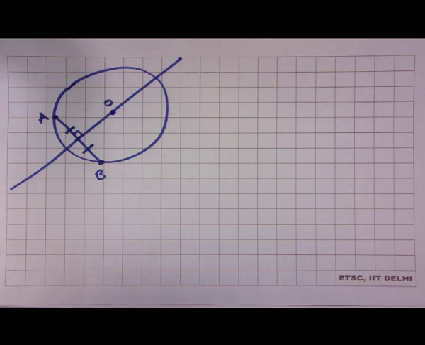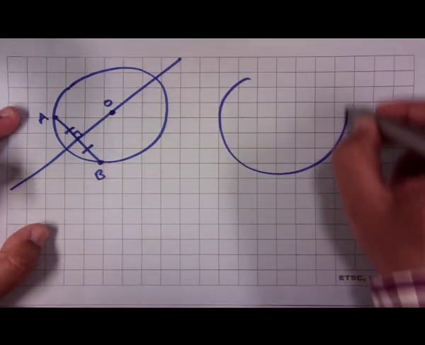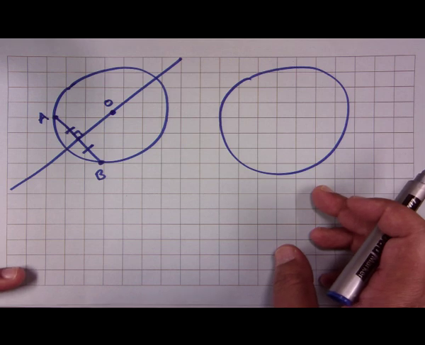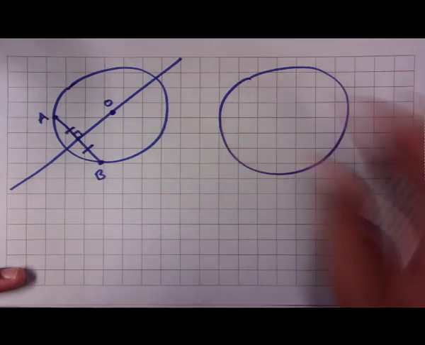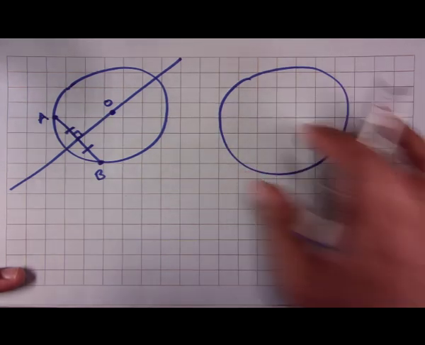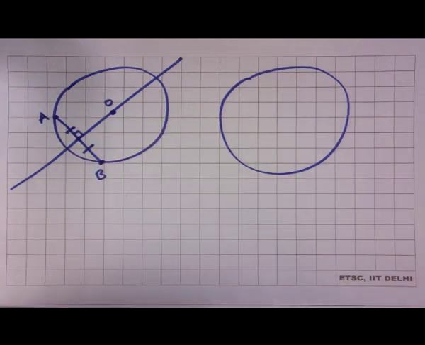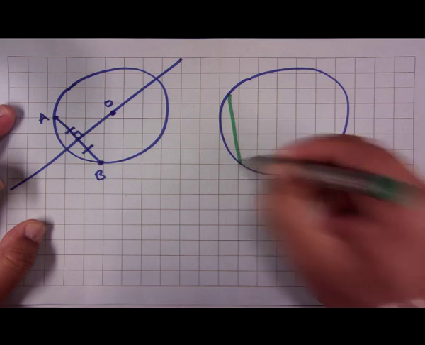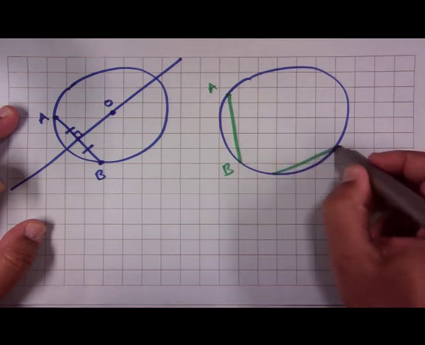Many times students are asked the question that suppose there is a circle, or you are given a circle and you are asked to find the center of the circle. So, the center is not shown here. So, how would you find the center of this circle? So, one way is to use this property. What we do is we can just construct any 2 arbitrary chords. So, this is one chord, this is another chord,